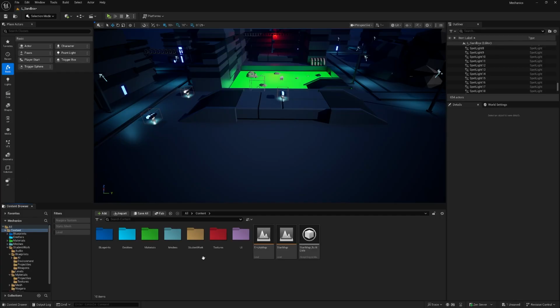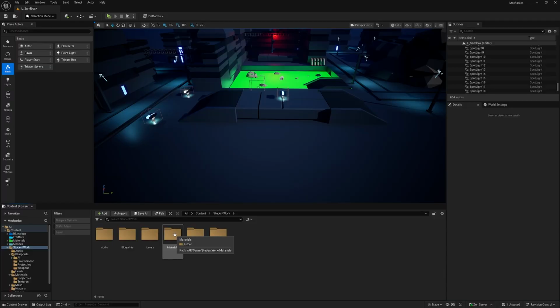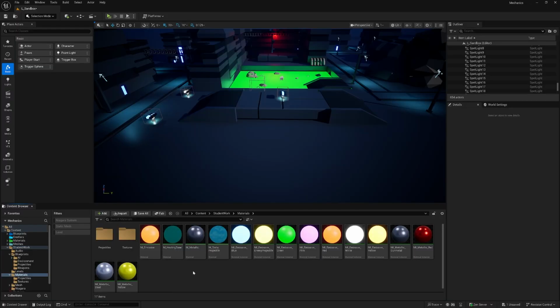Okay, so we're in week 4 tasks now. Jump into the student work folder. We're going to be working with materials in this session. Now, the guidance wants me to start off by creating a master material. I've already been to an extent doing that already, but I've got it separated for my emissives and my metallics. But what I'm going to do is adapt the emissive to compile it all into one, and